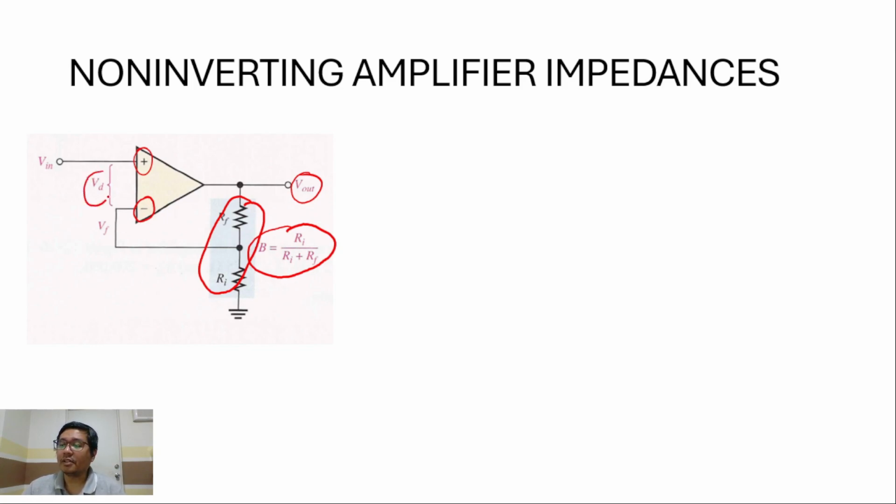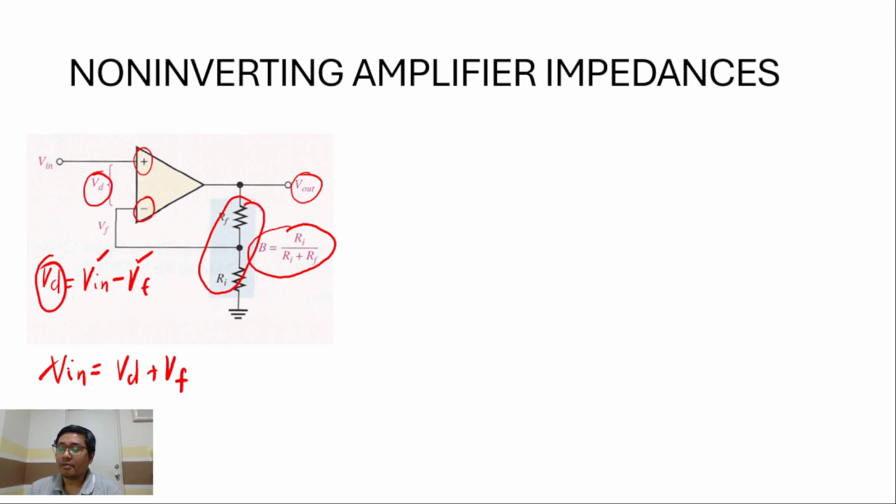V sub D is the voltage that is being amplified by your operational amplifier. And we can write down the equation for the input voltage that is equal to V sub D plus V sub F. This came from the equation V sub D, which is your differential voltage, equal to Vin minus Vf. So we have Vin, which is fed into your plus input, and Vf, which is fed into your minus input. So that is our differential voltage.